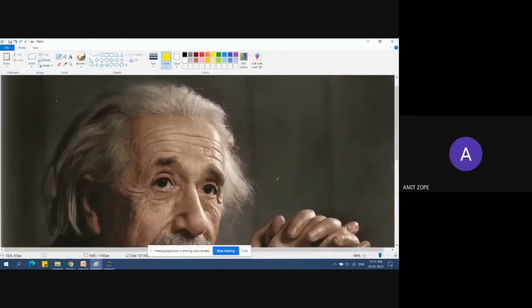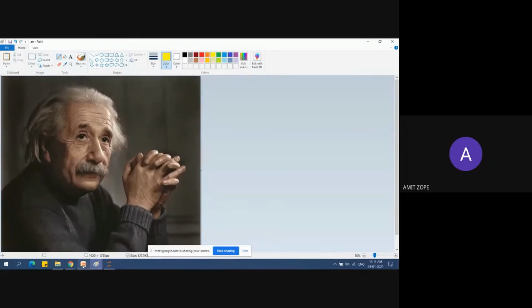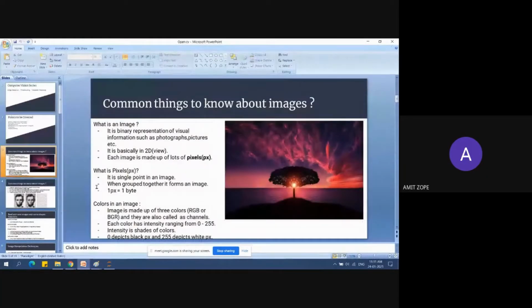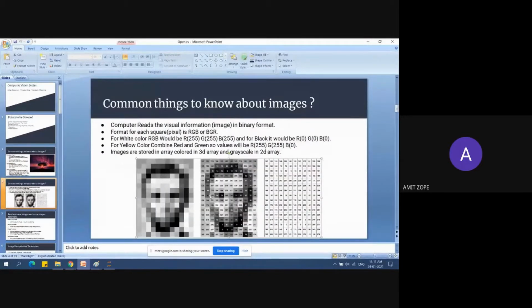The next part here shows the same thing that I was telling now. This is the image, and it contains all the pixel values, and each pixel is a square part, and each pixel has a value of 0 to 255. Means 256 values are there for each pixel.